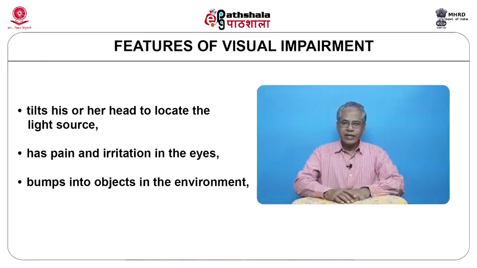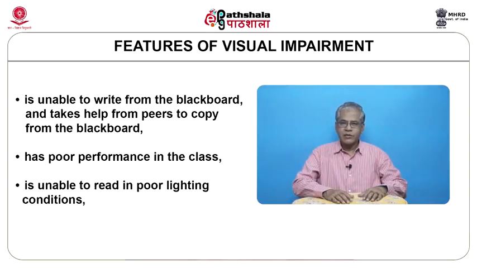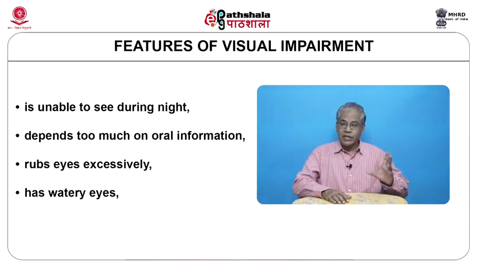Blindness as a visual impairment may be identified with the help of some common features, such as that the child tilts his or her head to locate the light source, has pain and irritation in the eyes, bumps into objects in the environment, is unable to write from the blackboard and takes help from peers to copy from the blackboard, has poor performance in the class, is unable to read in poor lighting conditions, is unable to see during night,